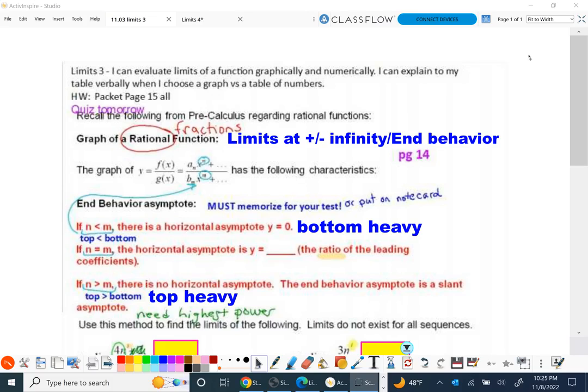When we look at the degree of the numerator and denominator and they're the same, then there is a horizontal asymptote, but the answer to the limit, or that horizontal asymptote, is going to be a ratio of the leading coefficients. So if each of my polynomials, numerator and denominator, are in standard form